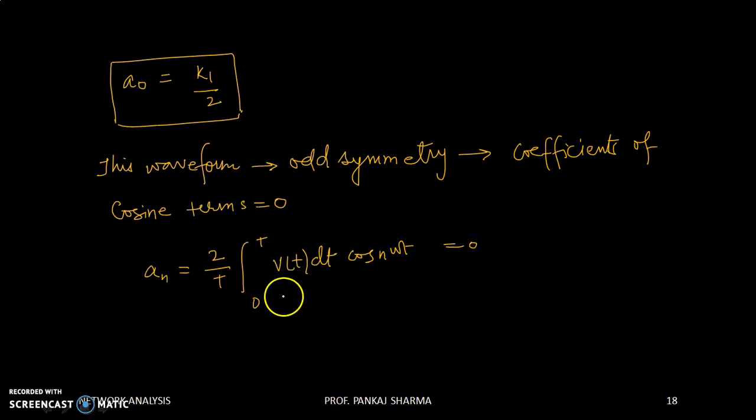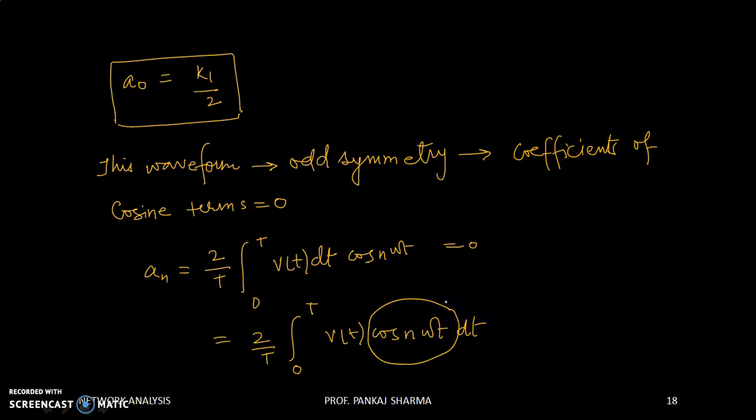Write in the proper manner. Actually it is like 2 by T integration from 0 to T vt cos n omega t dt. The cosine terms is 0 as depicted here. So this is 0. Now the coefficient Bn